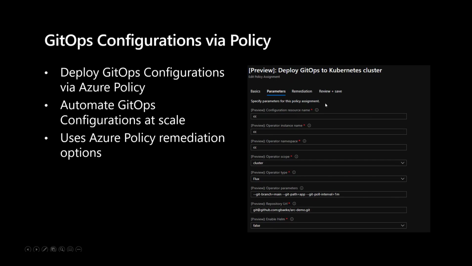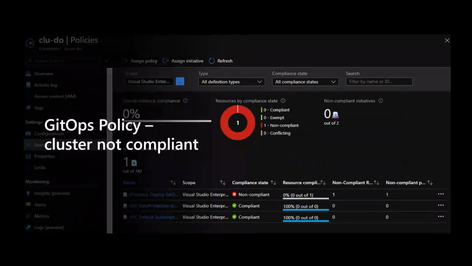But as I said, this can be for 10, 50, 100 clusters or more at a time, depending on the scope of the policy, of course, where it is living. So very powerful. And yeah, the GitOps configuration you saw earlier, I actually deployed that one using policy. And in the beginning, you will see, of course, that the GitOps policy is not compliant on your cluster. You see that here,